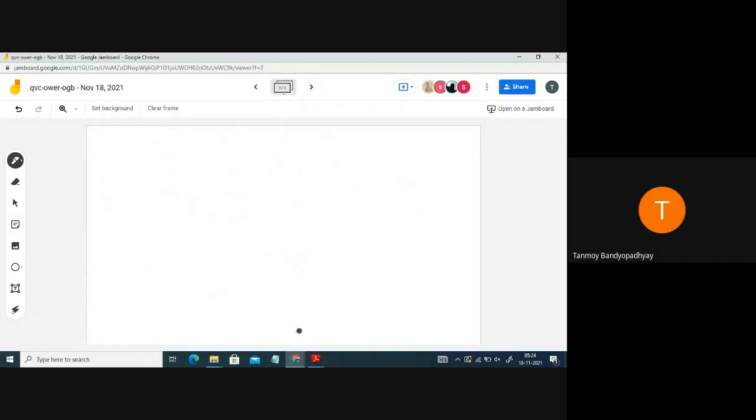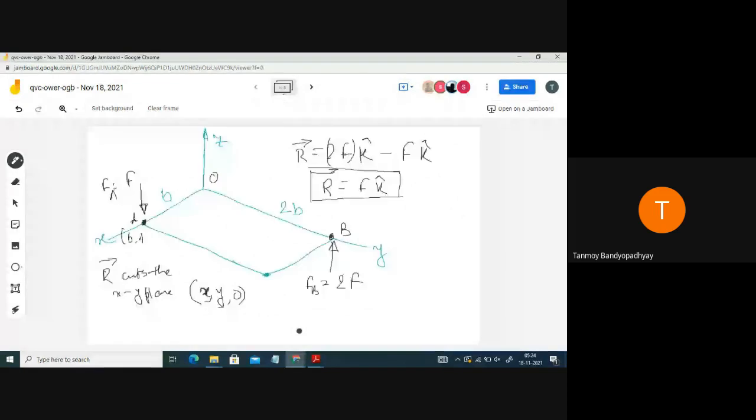So let's now find out the moment due to the resultant force. Let's calculate M0 due to the resultant force. The resultant force will be passing through a certain point. Let that arbitrary point be any point, we don't know that point. Let the point be denoted P, and let the coordinates of the point be x comma y.